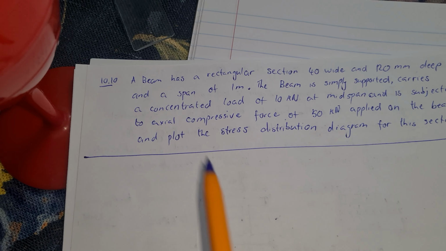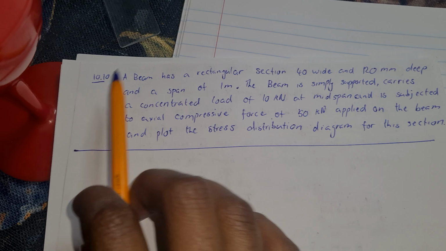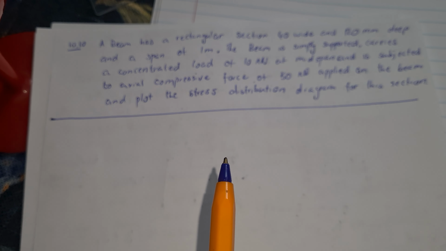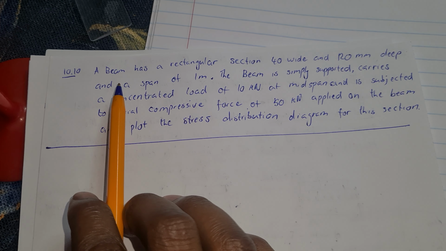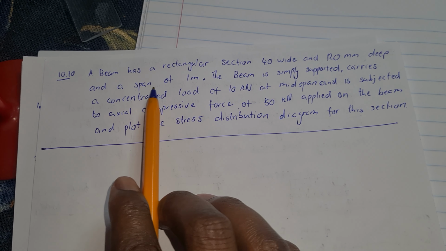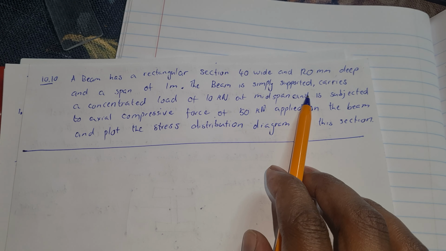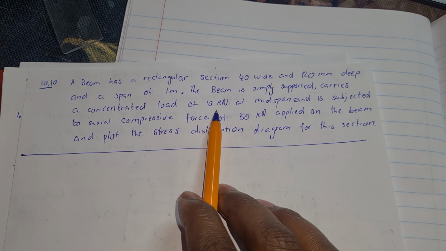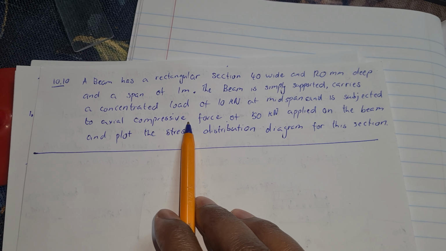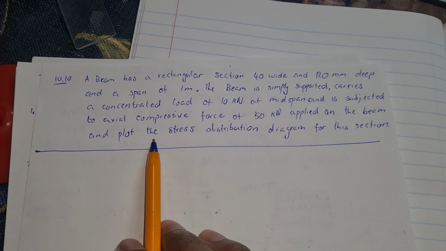Okay, now we are doing the 10.10 problem. Alright, so in this problem I'm going to show you step by step how to write it. We have revised everything now. We have a beam with a rectangular section 40 wide and 120 deep and a span of 1 meter. The beam is simply supported, carries a concentrated load of 10 kilonewton at the midspan and is subjected to an axial compression force of 50 applied on the beam and